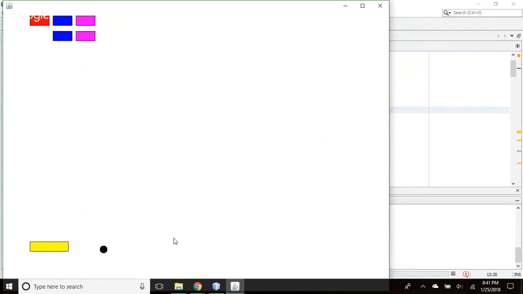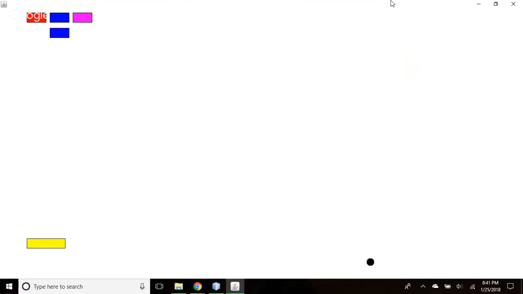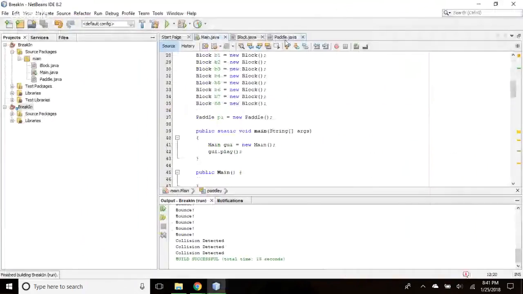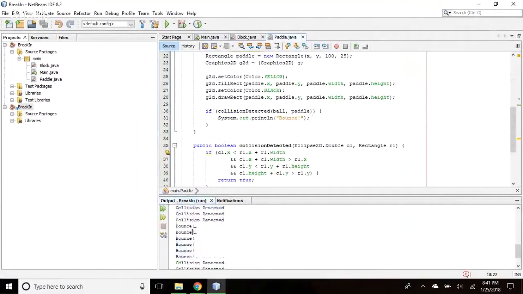It does know when it collides. It just doesn't do anything. Does it say the word collides? No, but it should know. Now let's take a look at your console output. Remember it said bounce or whatever? Oh, it did. So it's actually bounce. It doesn't bounce, but it knows when it bounces. That's half the problem. So what I want to do is actually see it hit it and put the word bounce on your screen when it actually does, just to verify it.